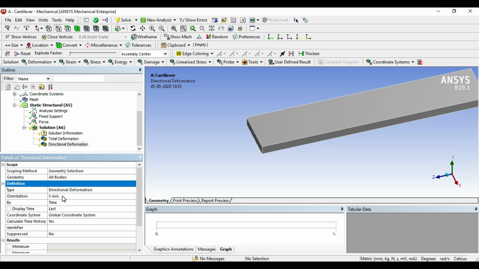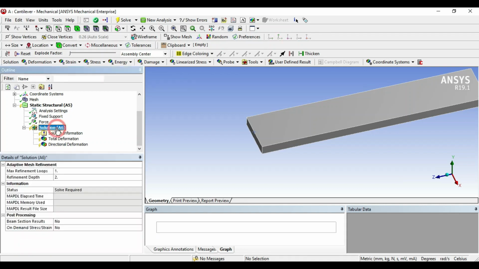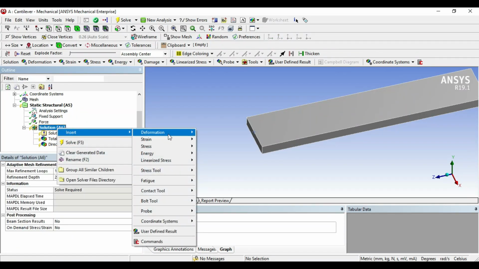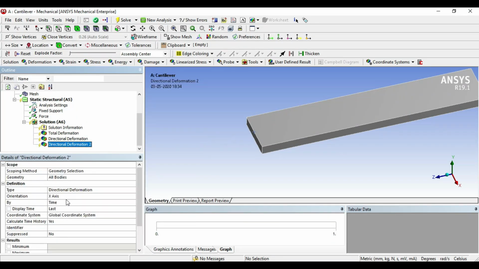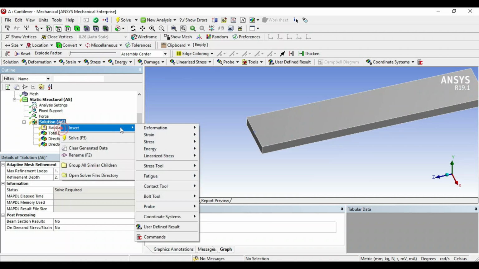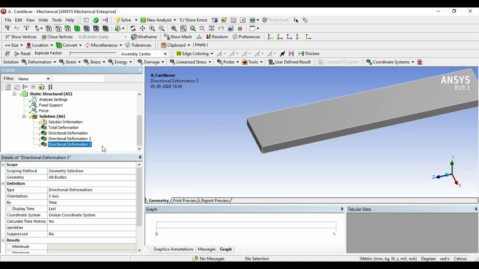Here the axis is x-axis, that means your directional deformation is along the x-axis. If you want a similar directional deformation in y-axis, again we have to insert this deformation along the y-axis, right? In this way we can change the orientation to y-axis. Again insert directional deformation along the z-axis. So in this way we can select different axes as per requirement.